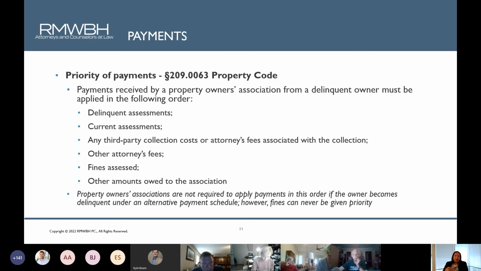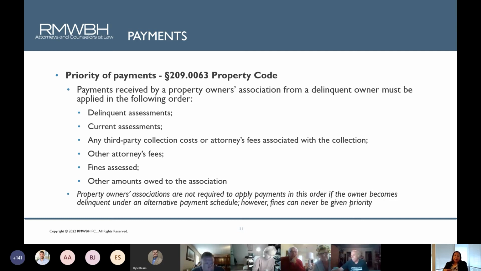All right. In terms of what happens when the homeowner gets a letter, a demand letter, whether it's a courtesy notice or let's say they get a 209 collection letter that complies with the law, and they send in some type of payment, whether it's payment in full or a partial payment. What do we do with it? I think that if you ask 10 different lawyers this question, you might get 10 different answers. So, this is really just one position.